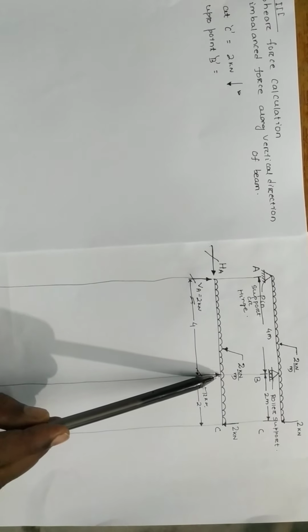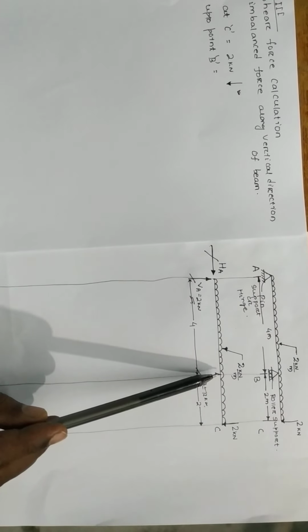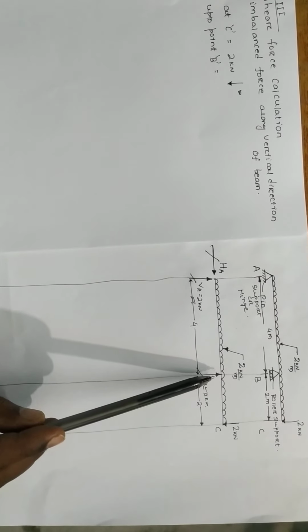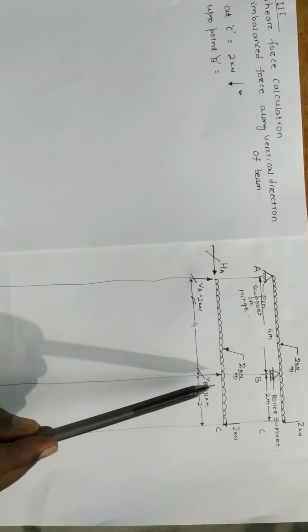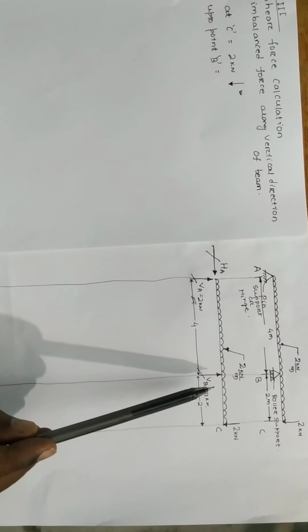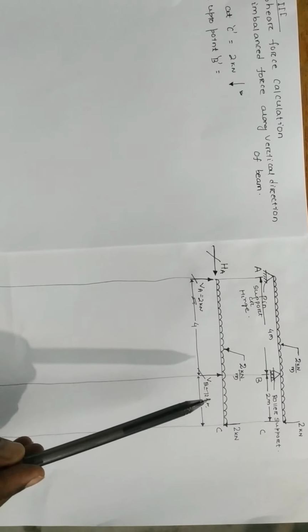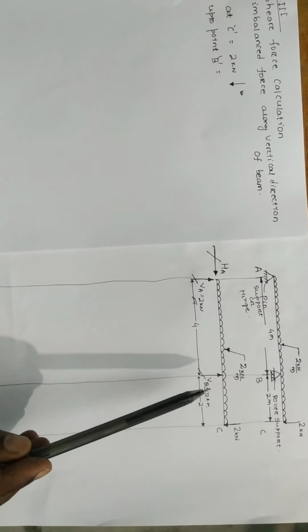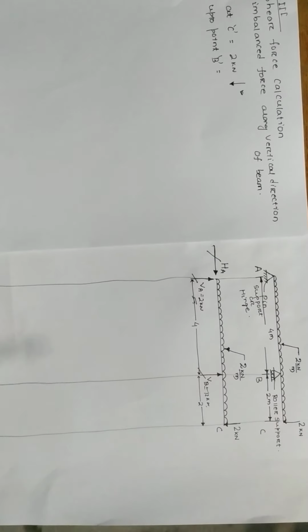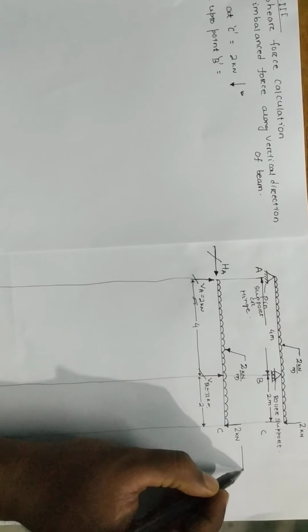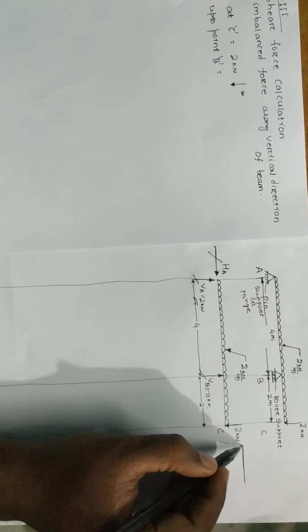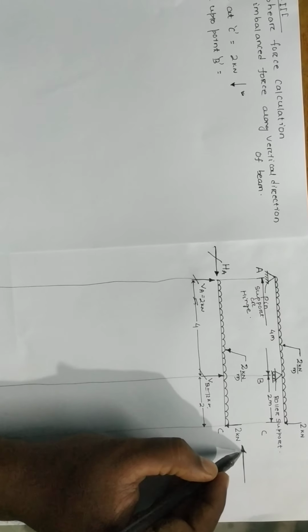Up to point B means we have not reached point B, but we are in the vicinity, very close to point B. You can remember the limiting condition in calculus: limit x tends to 0. That means x is not actually 0, but approaching 0. It may be plus 0.01 or minus 0.01. So we are approaching from this right side. You must give a reference mark.